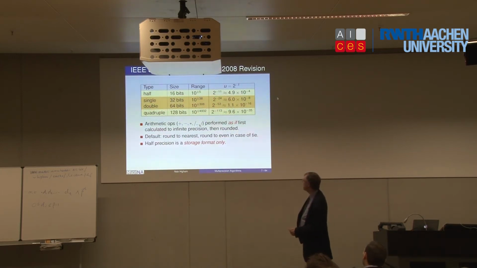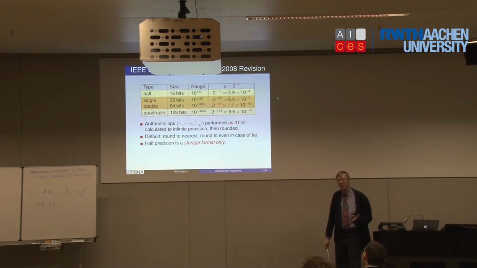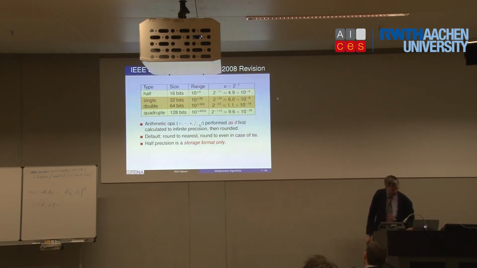So the IEEE standard has all sorts of interesting things in it, like how rounding is done. I'll say more about that in a moment. It has NaNs, not a number, and Inf that represents infinity. So it actually defines a closed number system. So 1 over 0 becomes an Inf, and Inf plus Inf is another Inf, and there are quite sensibly defined ways that all these things interact. But that's not really so relevant to today.